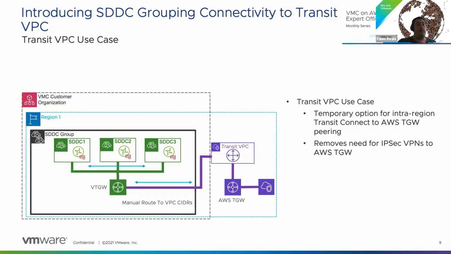So in the past, to reach a native AWS Transit Gateway, the only way was to use multiple VPNs and maybe use equal-cost multipathing on the VPNs, but there was a limit on the bandwidth. With the Transit VPC, we can use the Amazon data center backplane on the networking. So you will have high bandwidth connectivity also to your AWS native Transit Gateway. So you will send all the traffic to your Transit Gateway,